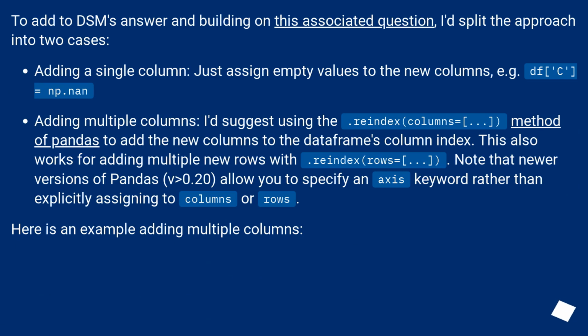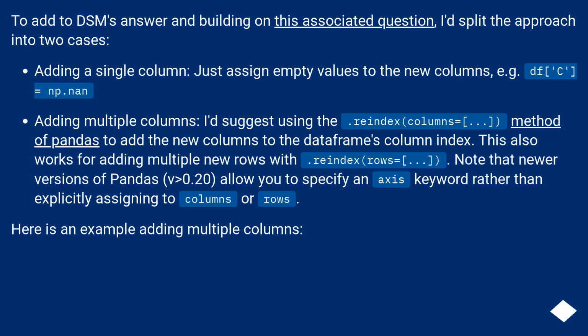To add to DSM's answer and building on this associated question, I'd split the approach into two cases. Adding a single column: just assign empty values to the new column, for example df['c'] = np.nan. Adding multiple columns: I'd suggest using the .reindex(columns=) method of pandas to add the new columns to the